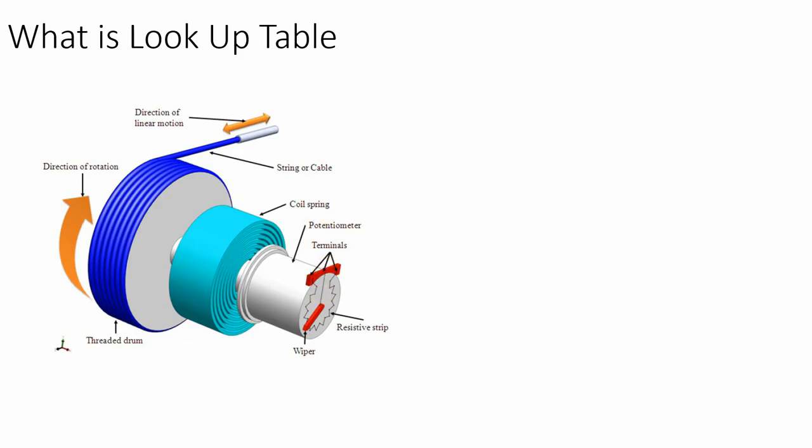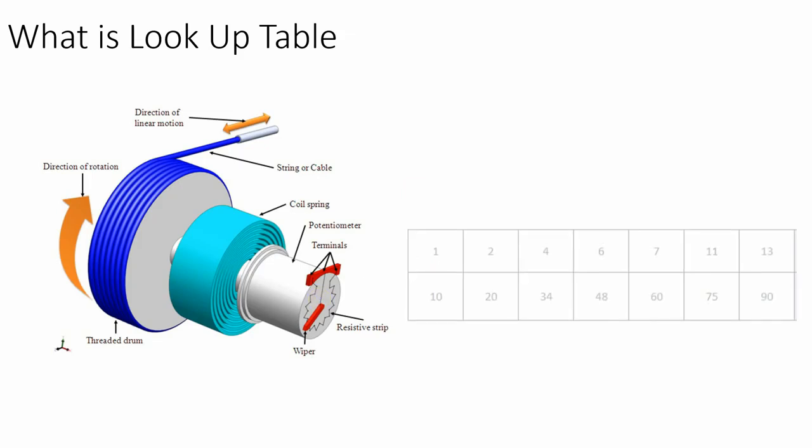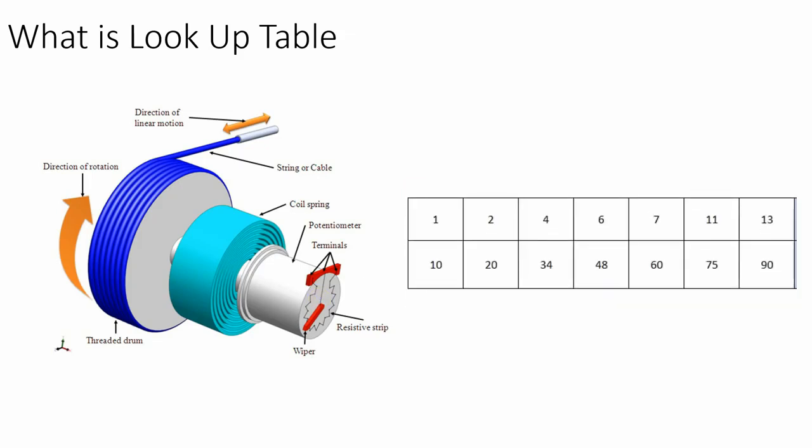Now if we want to create a plant model from this particular potentiometer, in that case we have to consider the radius of drum, the linear length which is being pulled, and other equations of coil spring and potentiometer. Another method is we grab a potentiometer and pull this string to its maximum length, and during a particular interval we record output from the potentiometer in terms of resistance, like this.